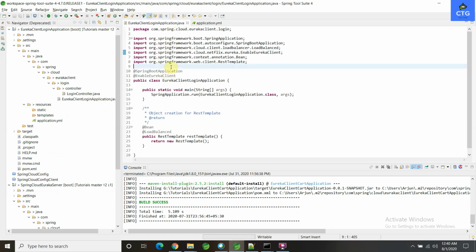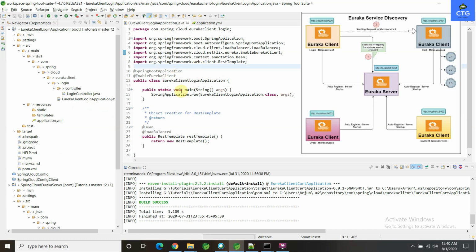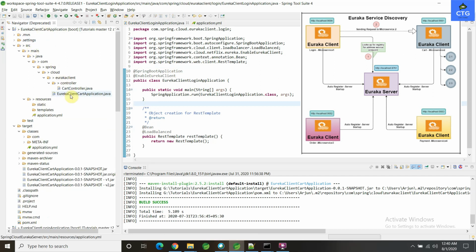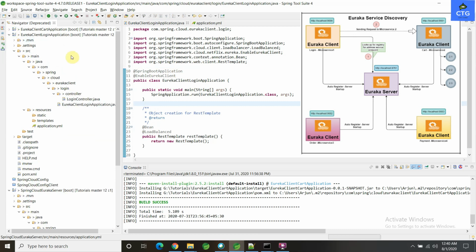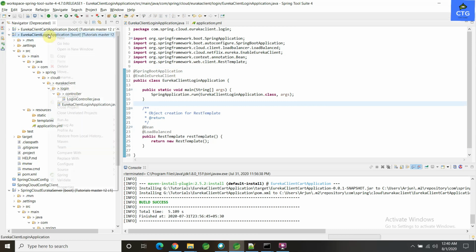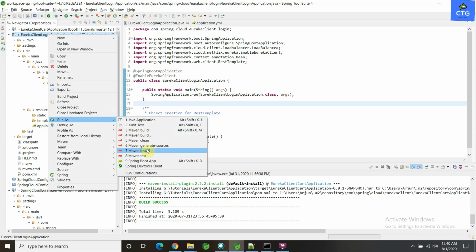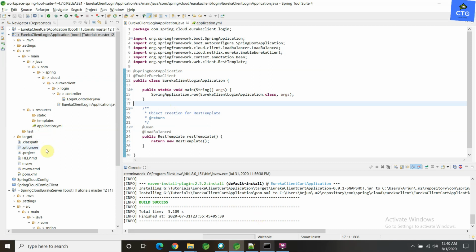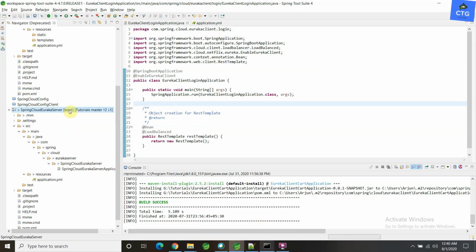So first, for better understanding, what we are going to do is communicate from one login application to one cart application. This cart application has a similar configuration only. So let's try to start these applications. For that, what I have done is build this project into a respective jar file so that I can show it in the command prompt. So let's start the projects one by one, and parallelly we will discuss how the system works and how the communication happens, so that we will understand better.